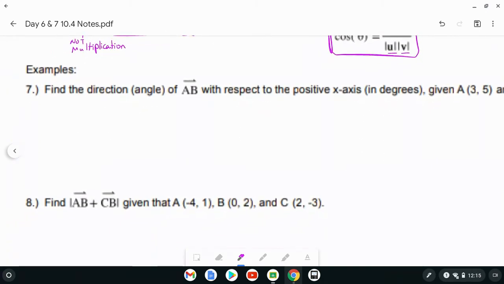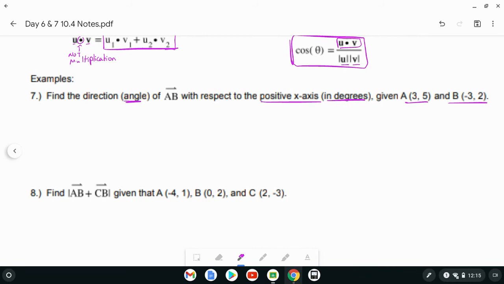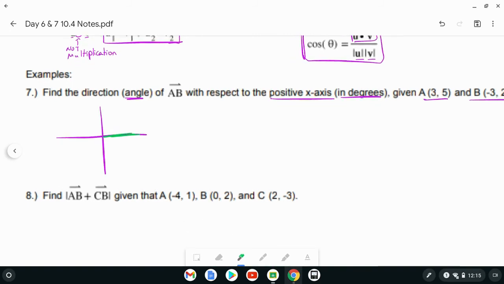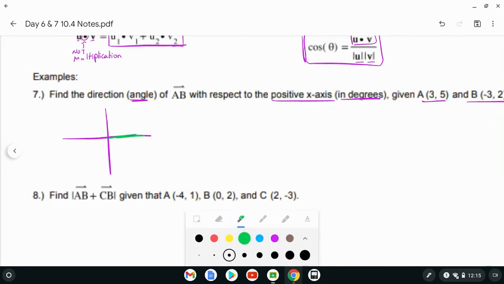Number 7, it says find the direction, the angle, right, direction of vector AB with respect to the positive x-axis in degrees, given that A is (3, 5) and B is (-3, 2). Well, the first thing we want to do is, because we're talking about in regards to the positive x-axis, let's go ahead and mark the angle that we're going from. It says vector AB with respect to the positive x-axis, so let's just draw the vector with our starting point at the origin, because then wherever the vector goes, we can find that angle between our terminal side and